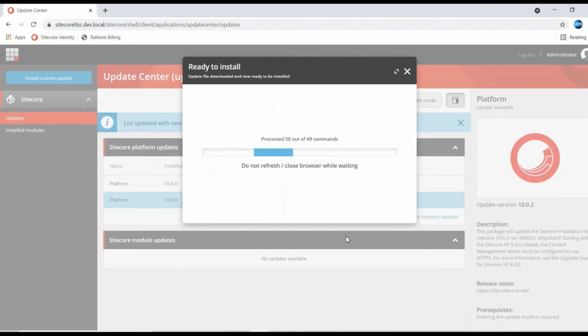The solution is in progress. Installation in progress.